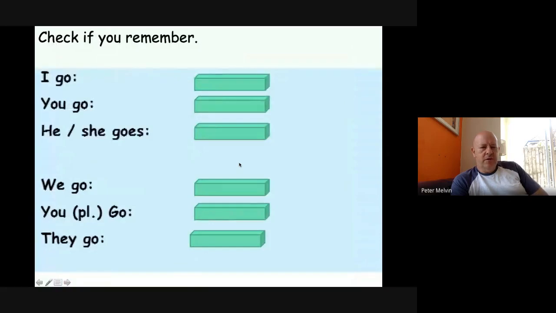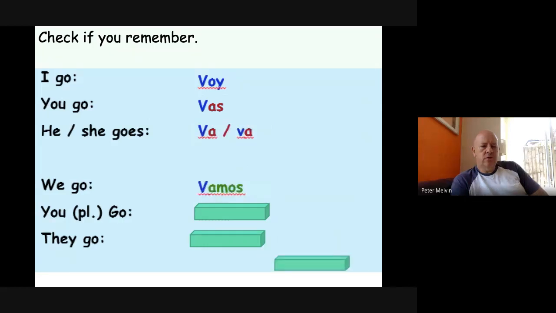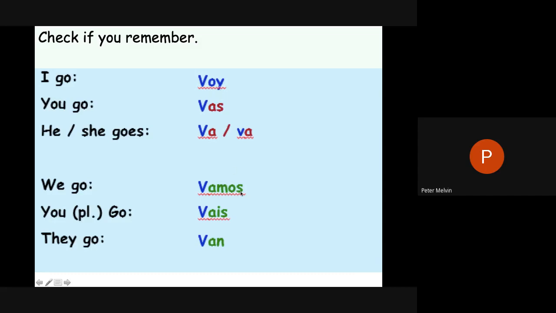This was a little thing to help you test yourselves. As you're watching the video, go on, test yourselves. I go is voy. You go is vas. He or she goes is va. We go is vamos. Vais, van. All right. Just so that you know, on our YouTube channel, we do go through the present tense. Although this is massively irregular, the endings are regular. So the S on the end means you, the mos on the end means we, and the N means they. And it's worth looking at that because that's how you're going to remember it, okay?